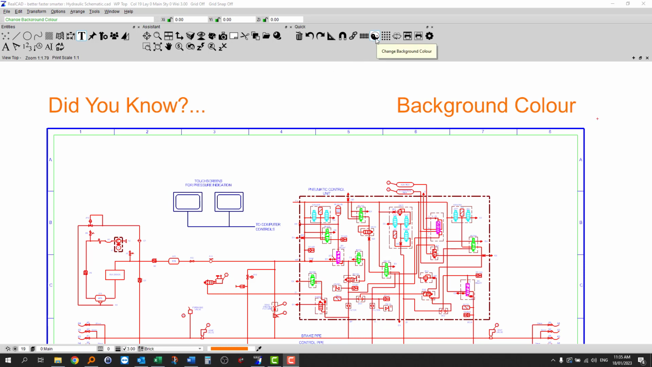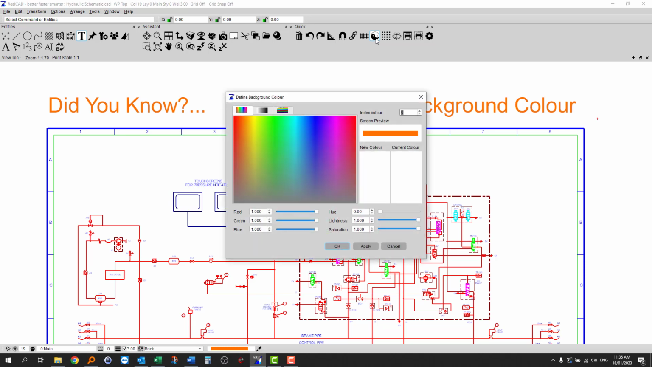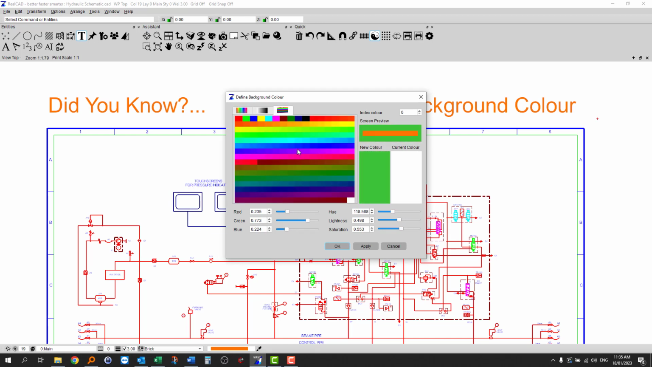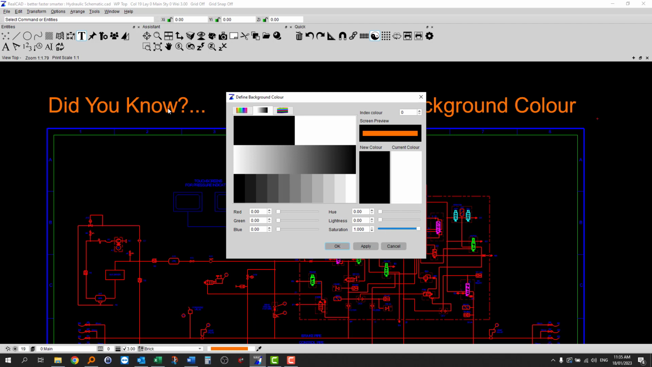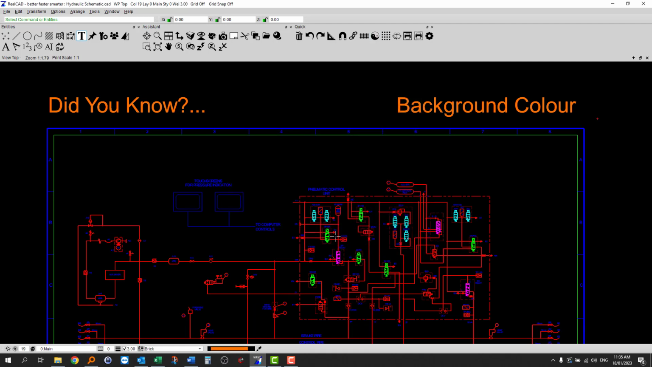Select this icon, change background color. Choose either a color from this color palette, or if you're looking just for gray tones, then we can choose these ones here: black, white, and a series of tones in between them. So select one, hit the apply button, and you'll see how that will look. If you're happy with it, then you can select OK. But as you can probably see, there's less light coming at you, and so your eye strain should theoretically be